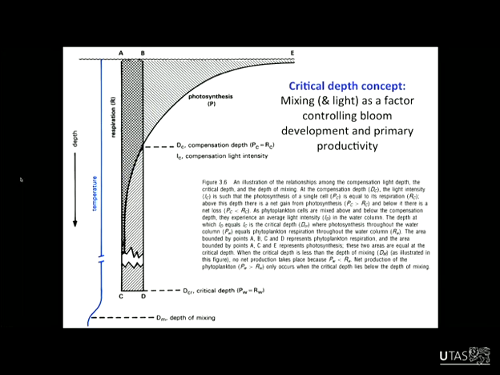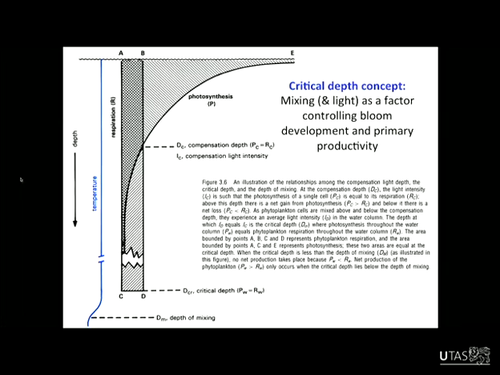So in the 50s, Sverdrup formalised this idea to try and understand the seasonal cycle of productivity in the oceans. So this is just another representation of that. We've got exponential decrease of photosynthesis as we go down in the water column. So this particular formalisation doesn't have any photoinhibition at the surface. And then we have this invariant loss term that doesn't change with depth because it's not dependent on light.